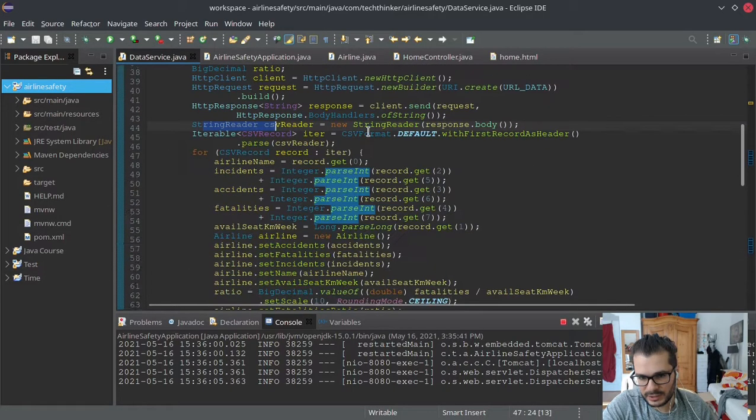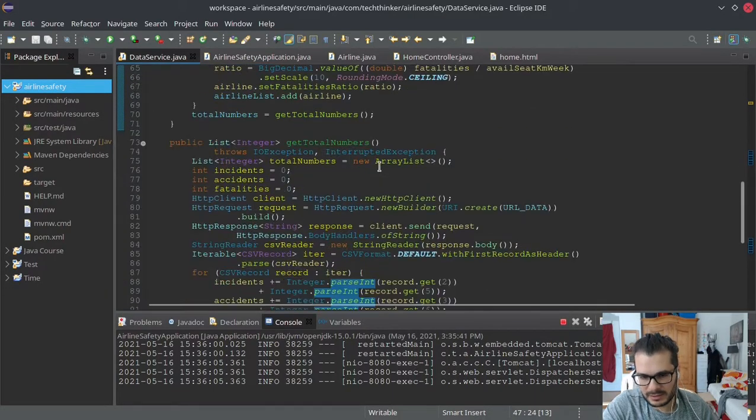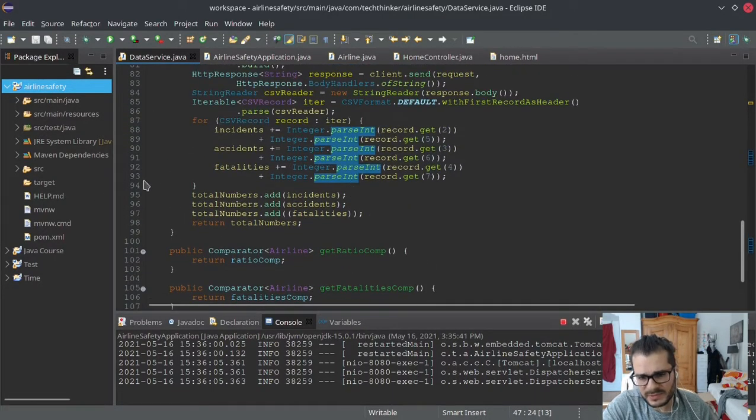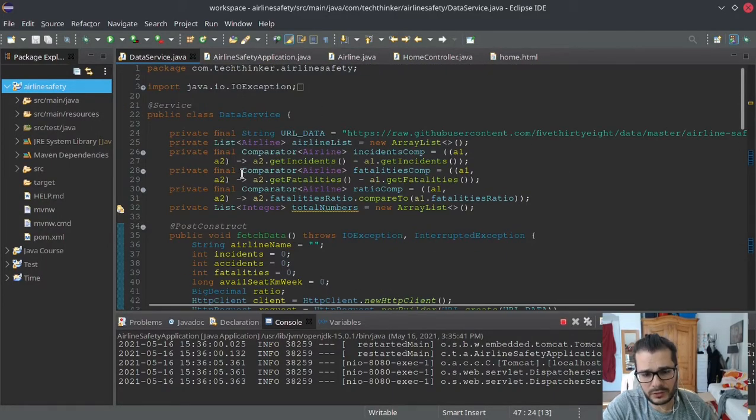So we fetch data from the internet. We did some business logic, some simple calculations here, and we used some important annotations for Spring, service, post construct,